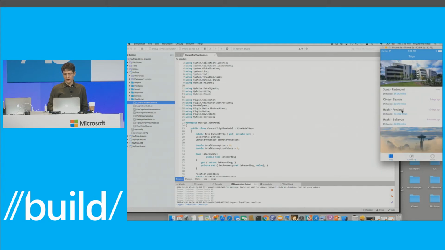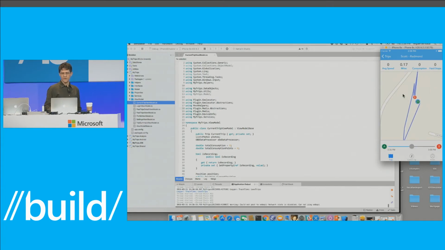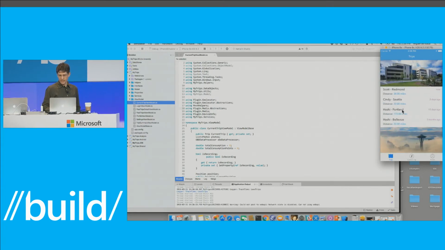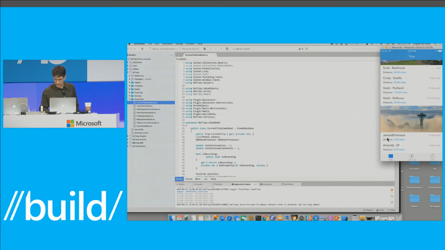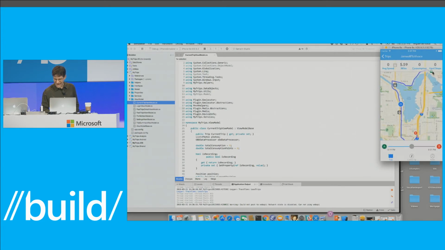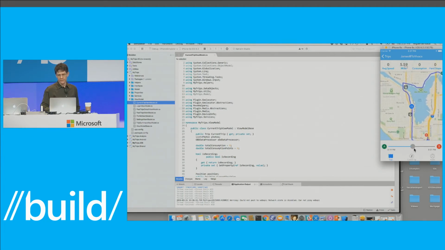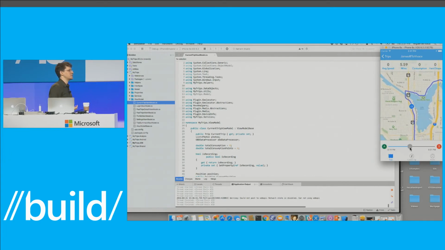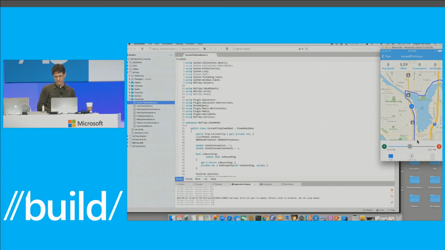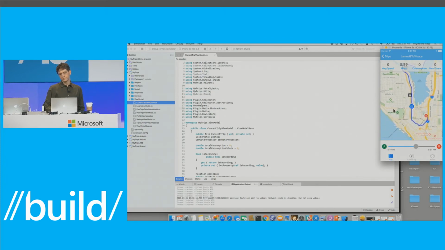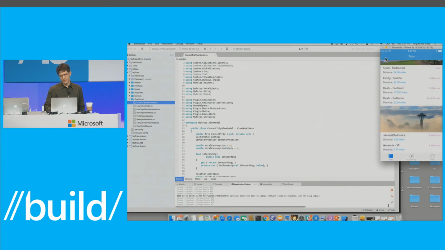But we have a bunch of existing trips, right? So right now it thinks that it's Scott Guthrie, and it's showing his trip. We also had, I think, Vivace. That was pretty good. So this is, I believe, a bike ride that James Montemagno did. And you can see the location of the device at any given point. We cheated here. James was on a bike, and he was generating the data. Anyways, this is the application.